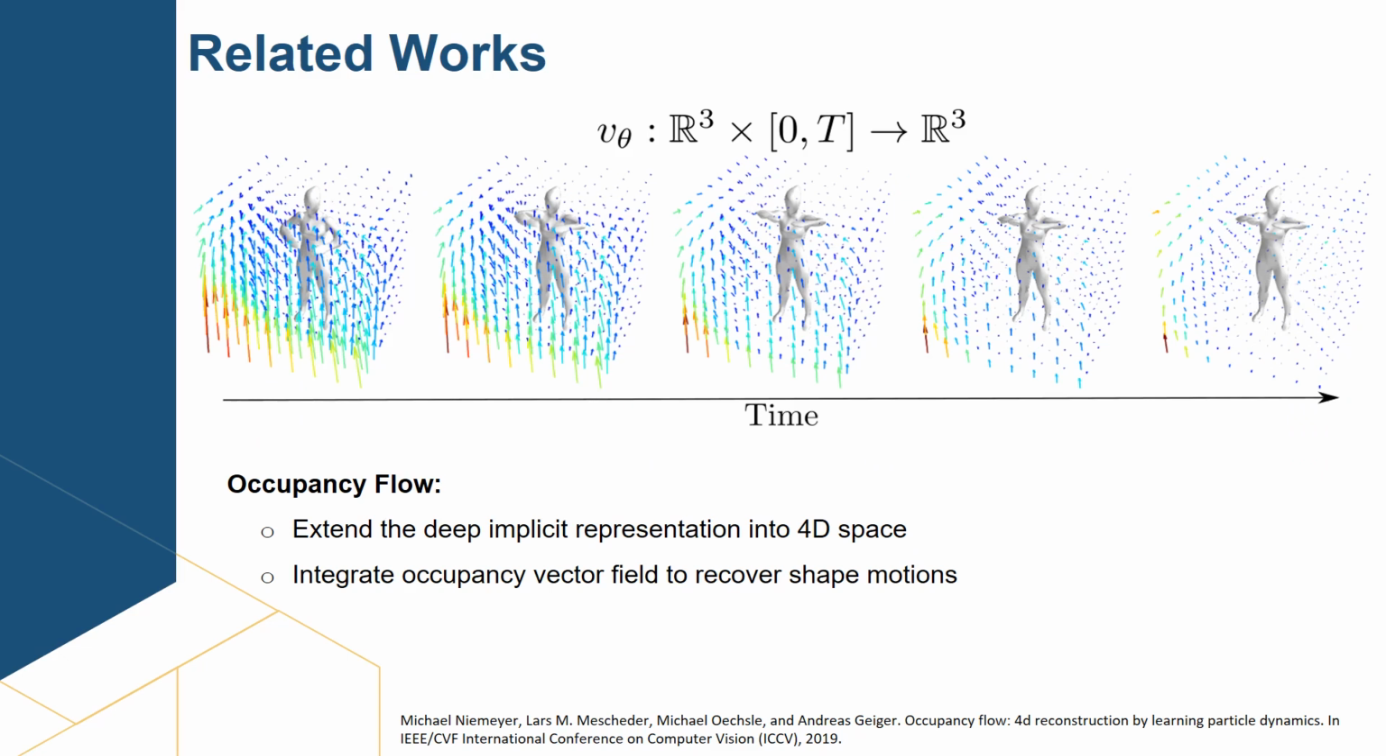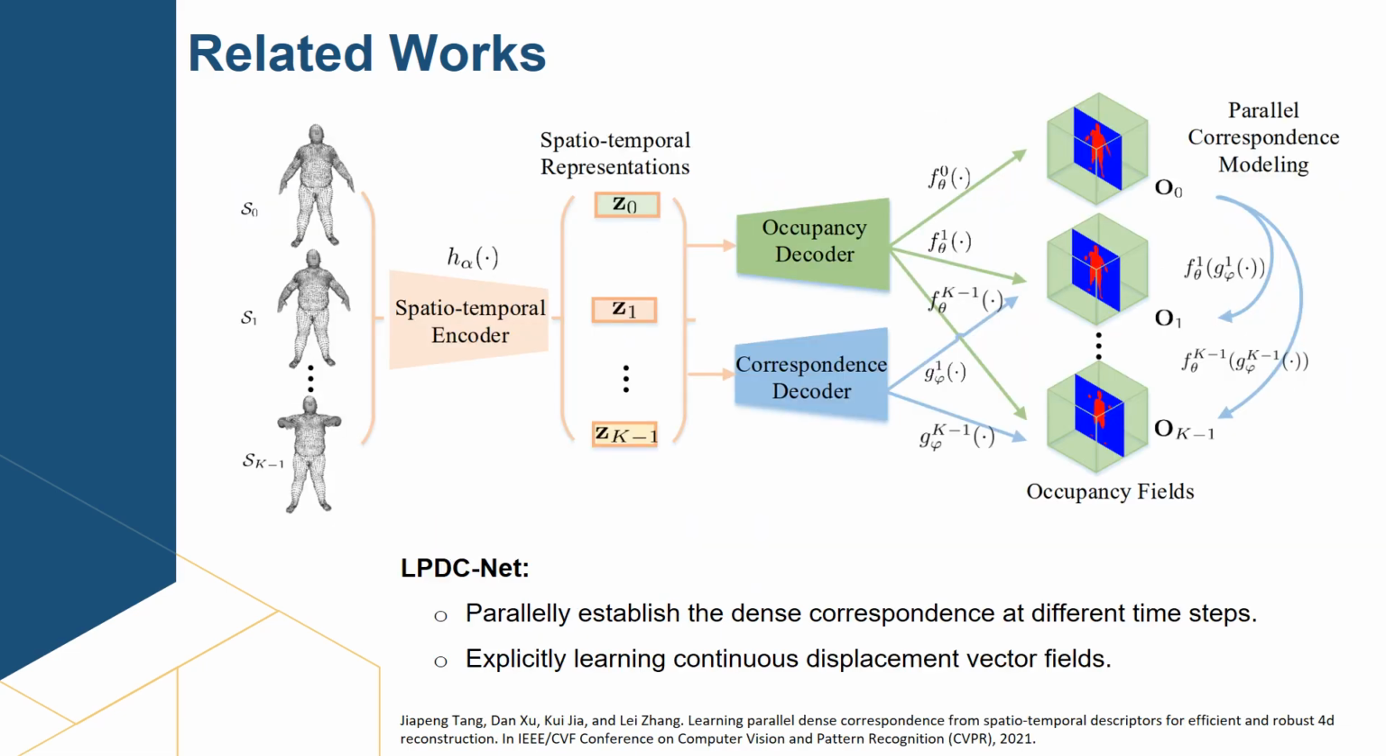Recently, the research community has seen great successes in neural representations using implicit fields. The first work in this field is Occupancy Flow. They extend the deep implicit representation from the paper Occupancy Network into the 4D space. The latest work is LPDC-Net, which in parallel establishes dense correspondence at different time steps, and explicitly learns continuous